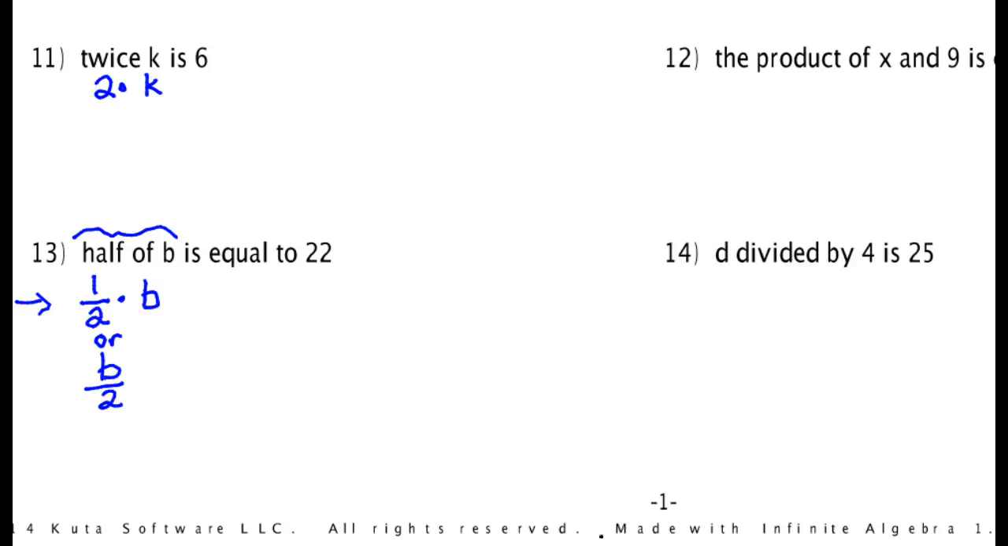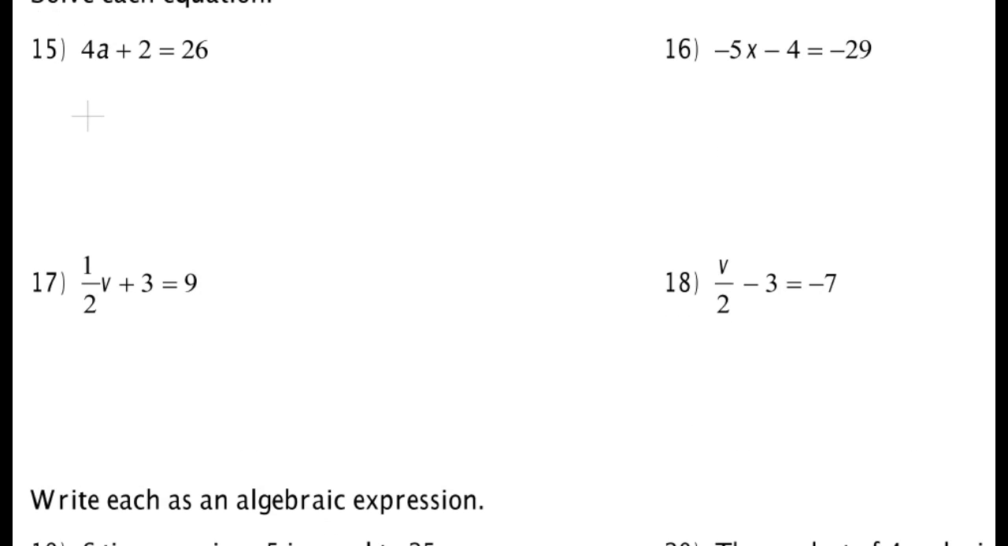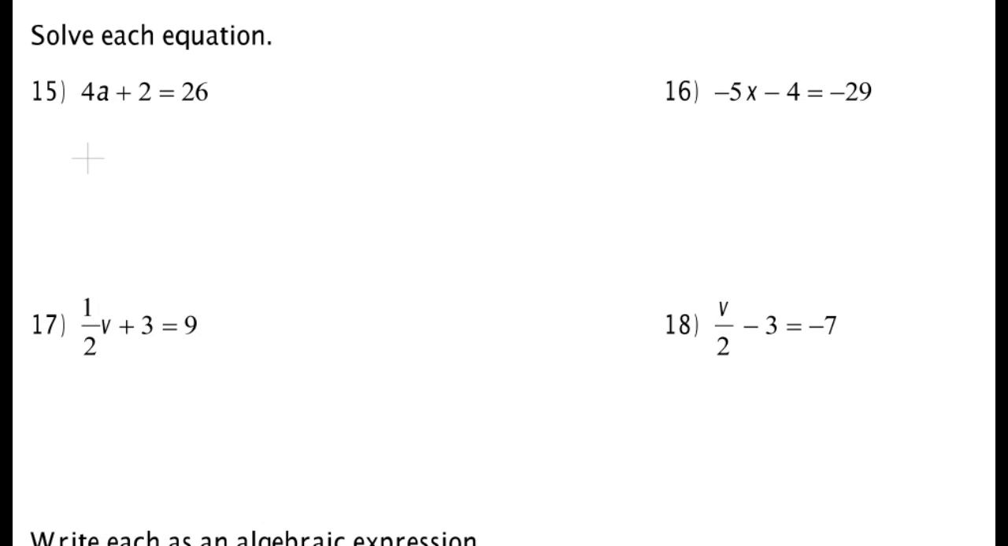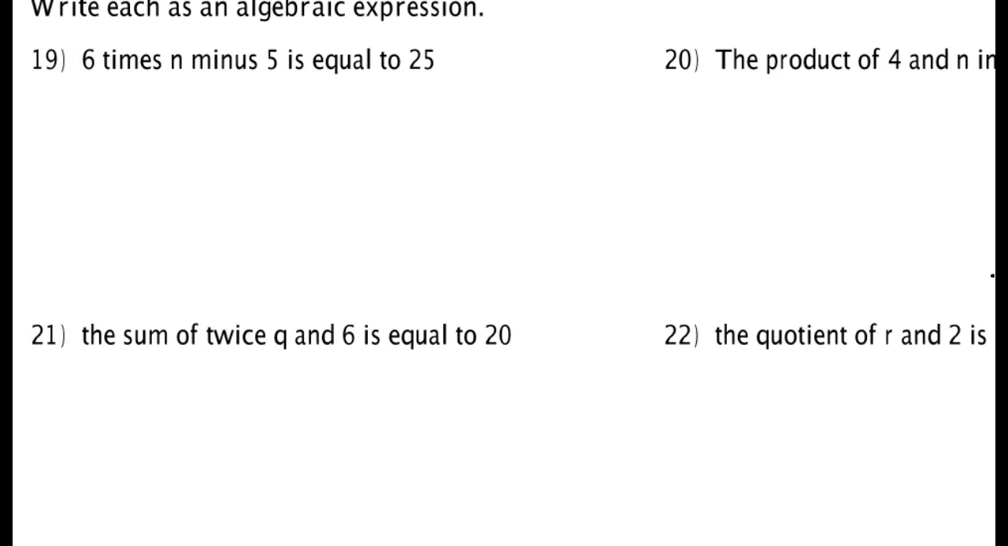Looking on the back, anything else? Number 19. You just did that one. Anything? Minus is what? Subtract. Yep, minus is subtract. Times. So let's look at 19. We got 6 times n, 6n, minus 5